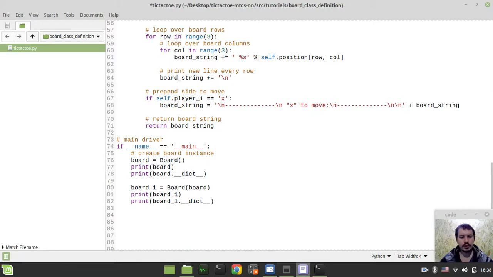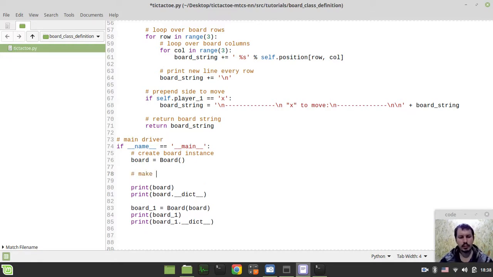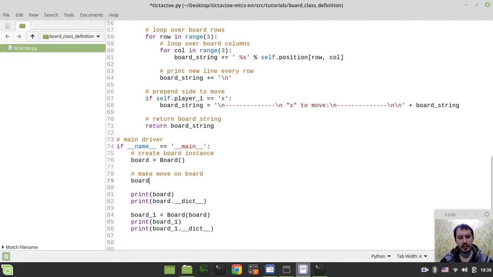So yeah, the board dictionary would be here. Here is just a demo. I want to make a move on the board, and for this purpose I don't even need to create the board state like this. Well, no, actually I need to call this make move. So I can say board equals, and whatever is returned from what I write now would be assigned to the board, and this would be the new instance of the board class. So we can say board.makeMove,